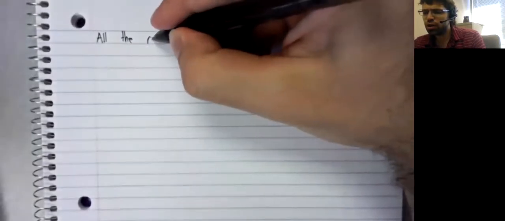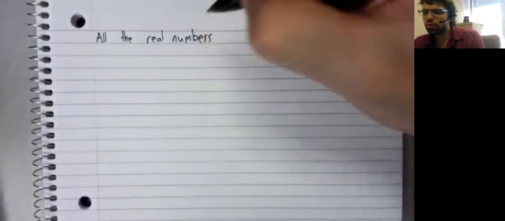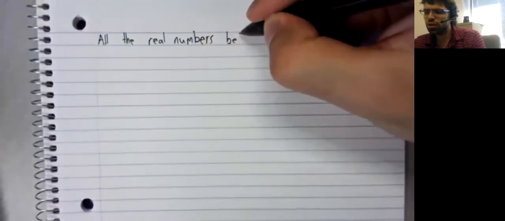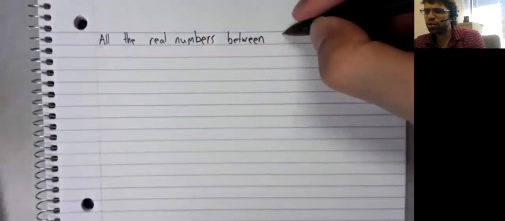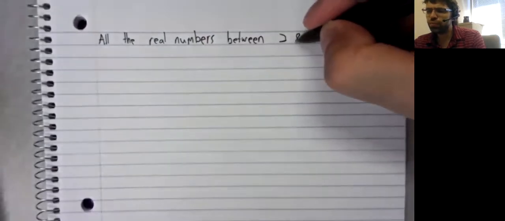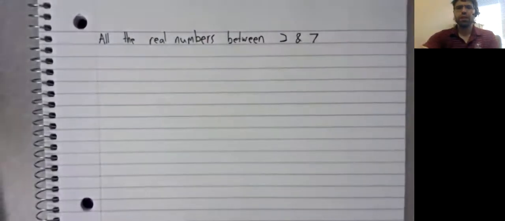So we might want to represent the following: all the real numbers between 2 and 7. Interval notation lets us do this